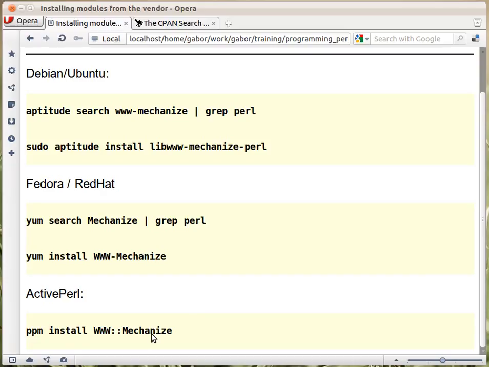And in fact, earlier I mentioned binary, so it depends. If the module is like the WWW::Mechanize, which is a pure Perl module, then it's just differently packaged, still Perl code. But if the module itself is actually partially written in C, then in all these cases you will already get the compiled version of the C code and not the source code as you would get from CPAN directly. So these are the ways that you would do if you're looking for a prepackaged version of the module,